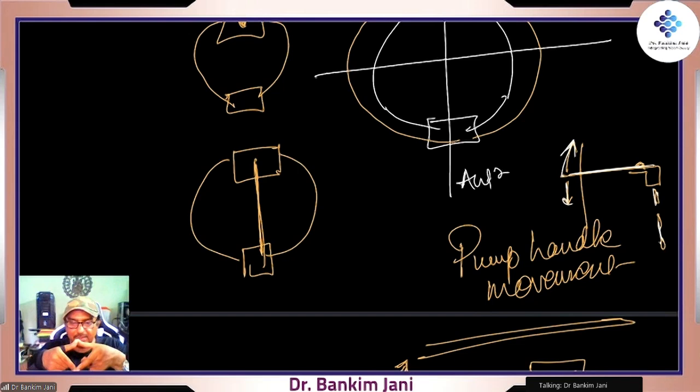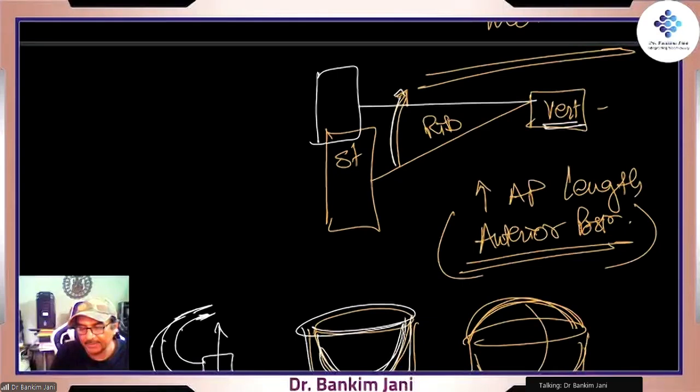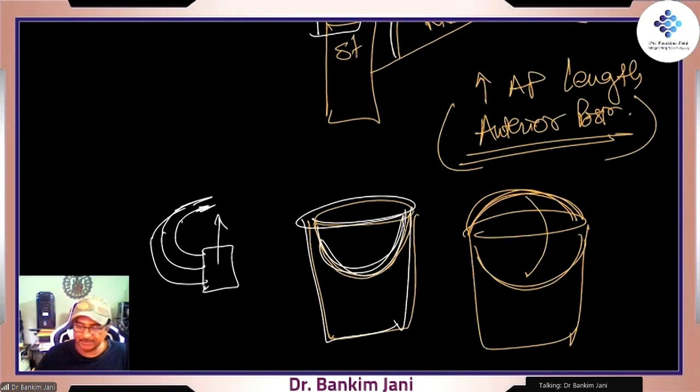When the sternum is low, as soon as it is lifted, it will increase the antero-posterior diameter. So here it is. This is the vertebra over here, and that's the sternum. When it moves up, this sternum will go up, and then this anterior to posterior diameter length would increase. And the second one is that the ribs are all arranged like this. So there would be this movement, and at the same time there will be this type of movement.